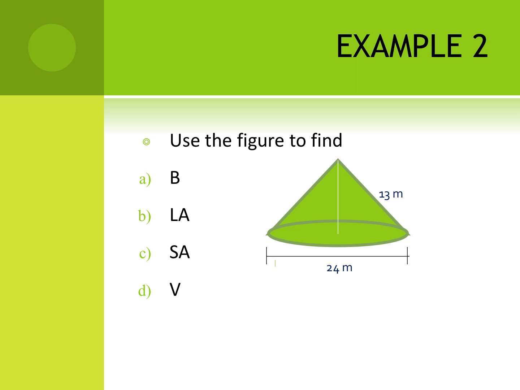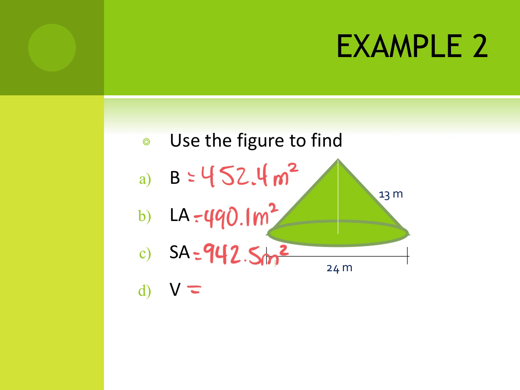All right, your base should have been 452.4 meters squared. Your lateral area should have been 490.1. Your surface area should have been adding those two together. 942.5. And then the volume should have been,